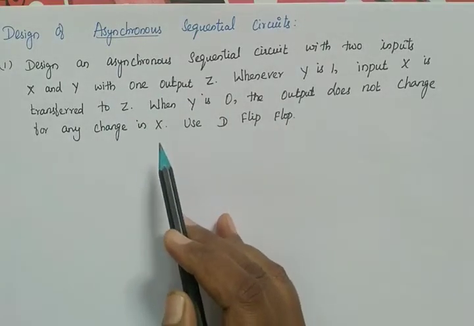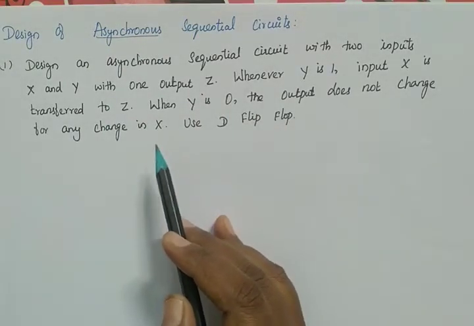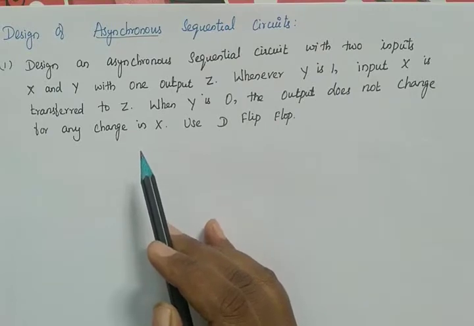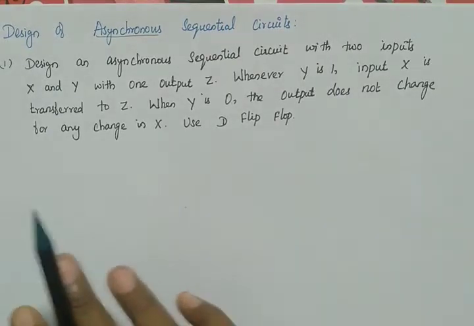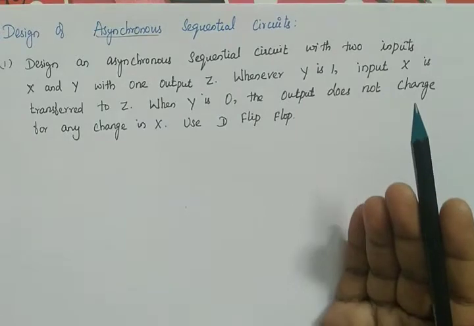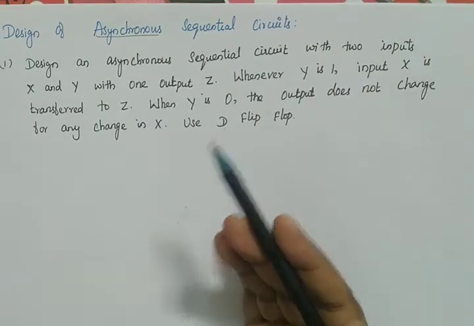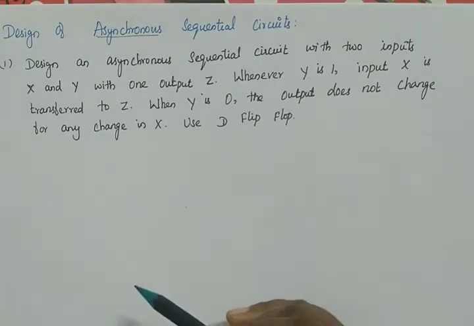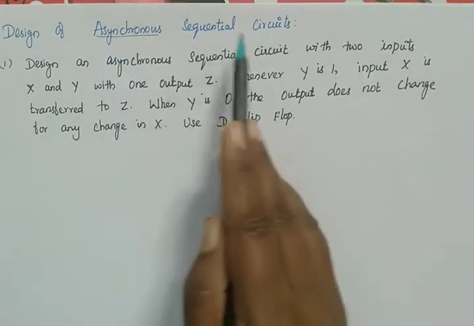Previously we would have the state diagram or else a state table. By keeping that state table we'll reduce it, or we'll write the table. If we have a state diagram we have to write the state table, and if we have a state table then from that we have to use the flip-flops. Then we have to minimize and do K-maps, etc. Now we have this asynchronous sequential circuit.